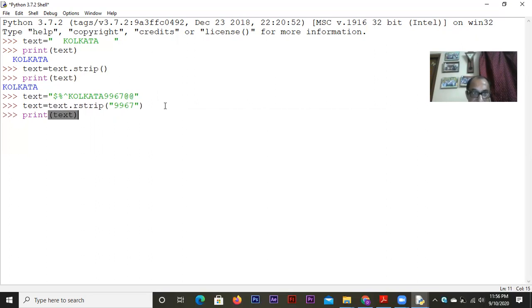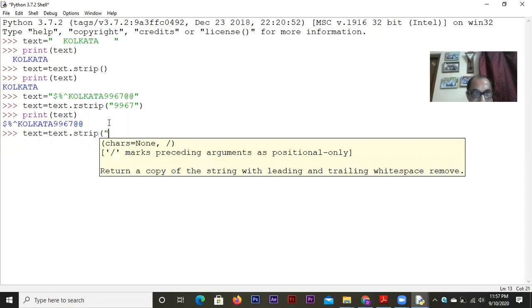Guess what will happen? In the output, it could not eliminate anything. 9967 at the rate 67, nothing has been eliminated. But if we write, for example, text equal to text dot strip, then see what happens.